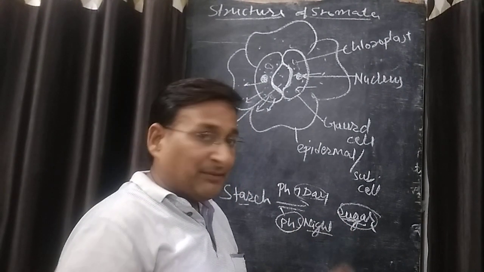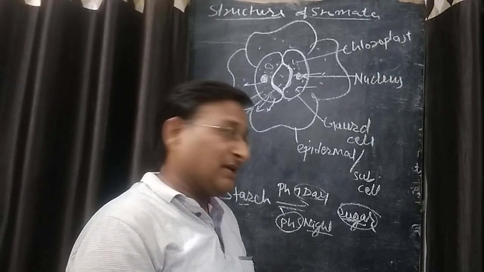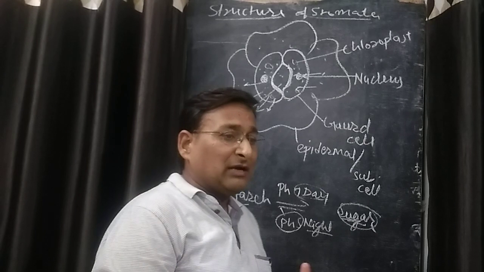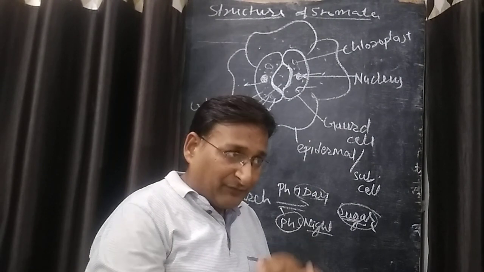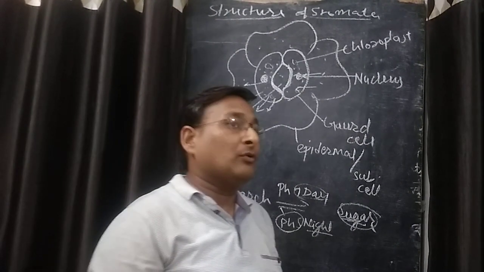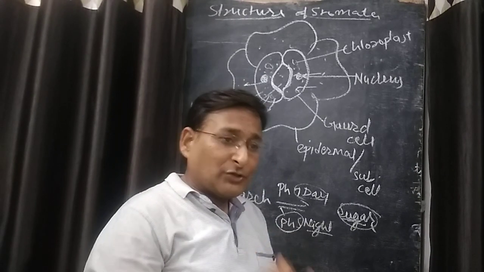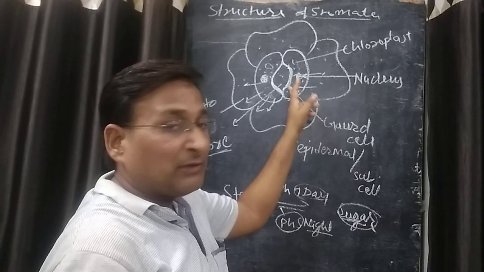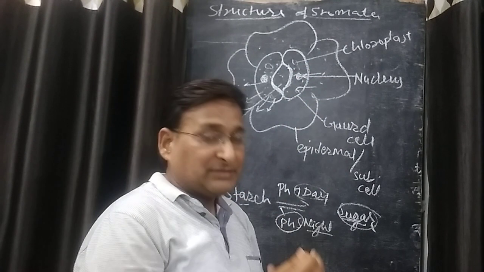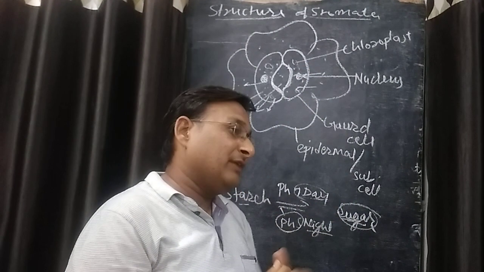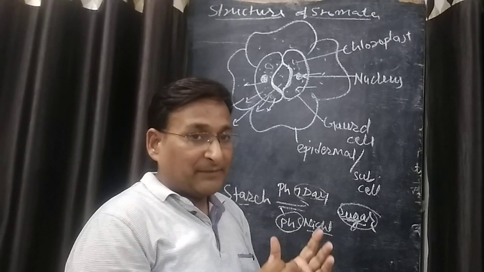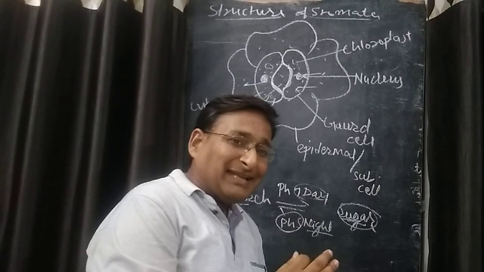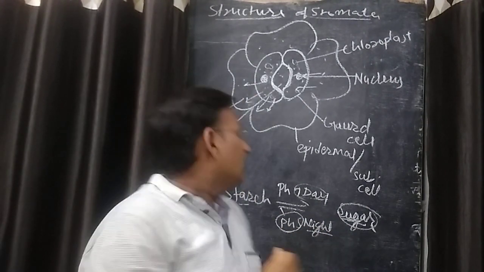This is answered by Steward. Steward says that it is true that it is formed as glucose-1-phosphate, but after some time it converts into glucose-6-phosphate. It is an osmotic substance and dissolves into the cytoplasm of the guard cell and increases the concentration, or we can say the osmotic pressure, of the guard cell. The opening and closing of stomata is the mechanism of transpiration.